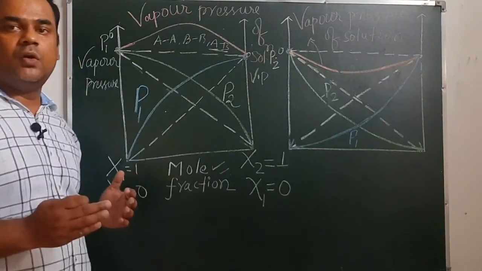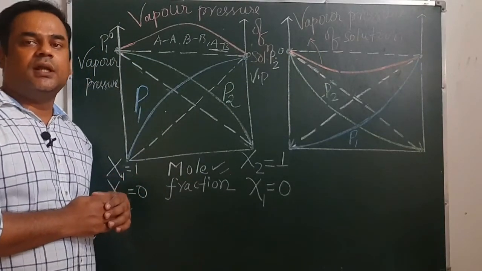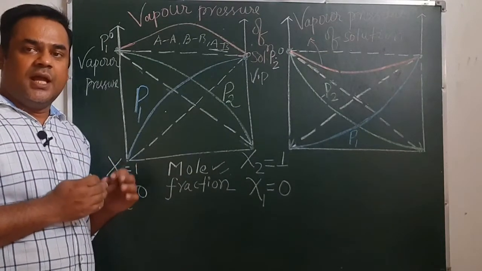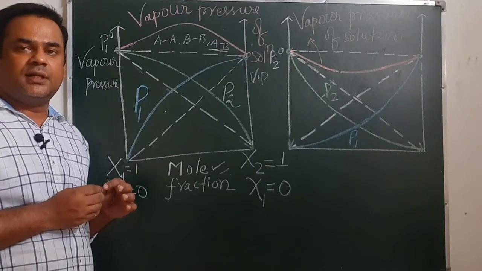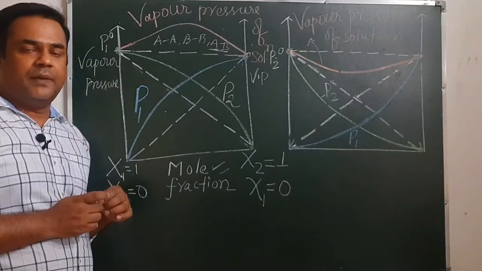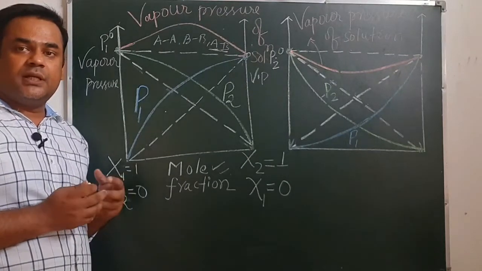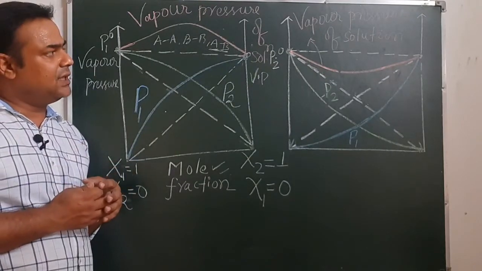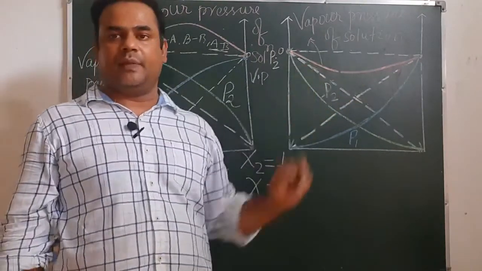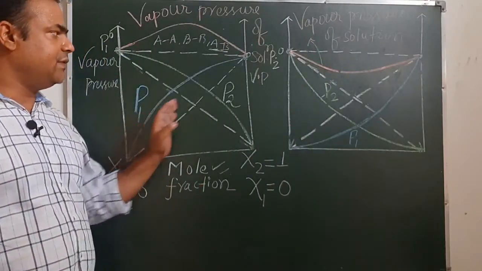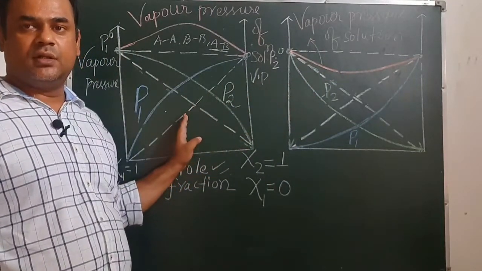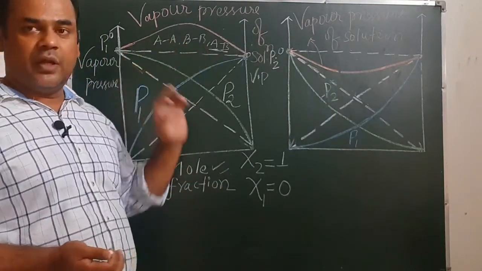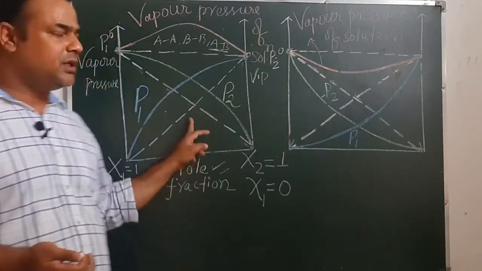So here we got two conclusions. First conclusion is that if solute-solvent interaction is weaker than solute-solute and solvent-solvent interaction, in that case positive deviation will take place. While if the solute-solvent interaction is stronger than solute-solute and solvent-solvent interaction, in that case negative deviation will take place. On this basis we have defined both as non-ideal solutions because interaction is not the same. AA interaction is not equal to BB is not equal to AB. So both are examples of non-ideal solution.